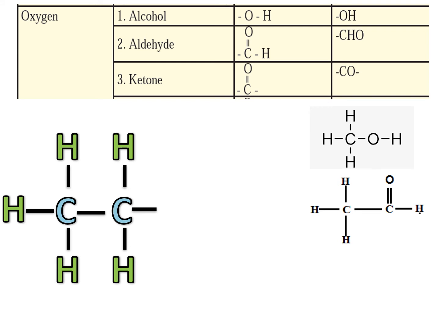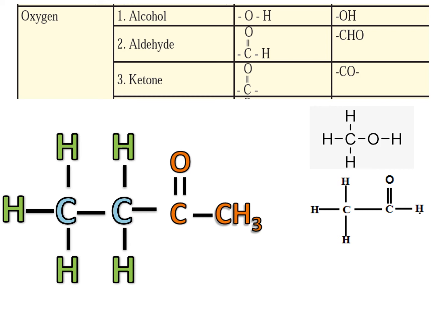Next, when I replace the hydrogen atom of the parent alkane with a C double bond O. Now here if you see, I have written CH3. In a ketone, the groups on both the left and the right hand side of the carbon can be the same or different, but it cannot be replaced with hydrogen. Why? Imagine instead of CH3, if there was only hydrogen, then it would be similar to your aldehyde, and that is why instead of H I have written CH3.